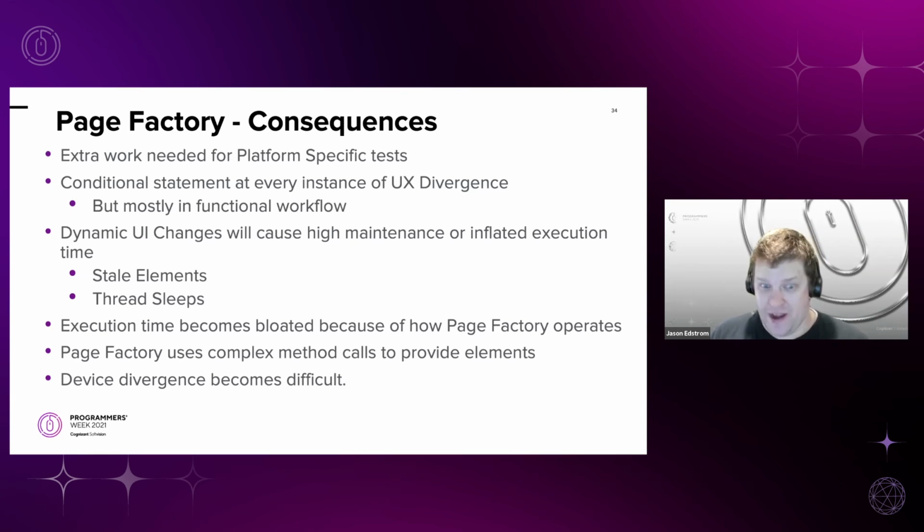I can't work around it. I just have to remove it or tolerate the failures until the fix happens. And then device divergence becomes difficult. That's where you all of a sudden start having to do the isolated framework, like having a tablet framework and a phone framework and so on and so on. So there's some consequence there. We get the selector ease on the platform level, but we don't necessarily get the layout and form factor flexibility.